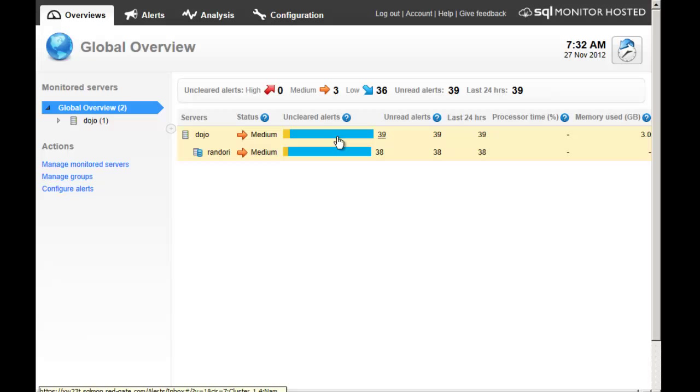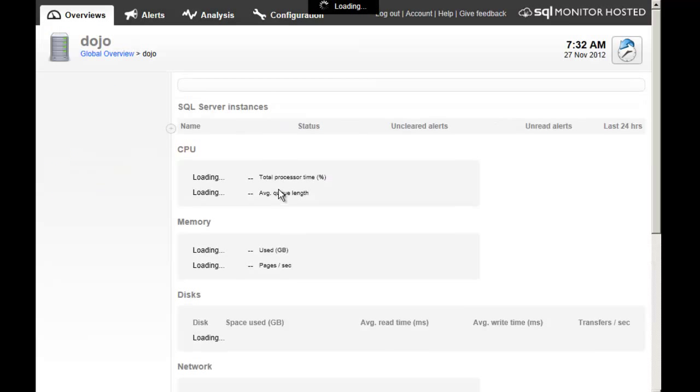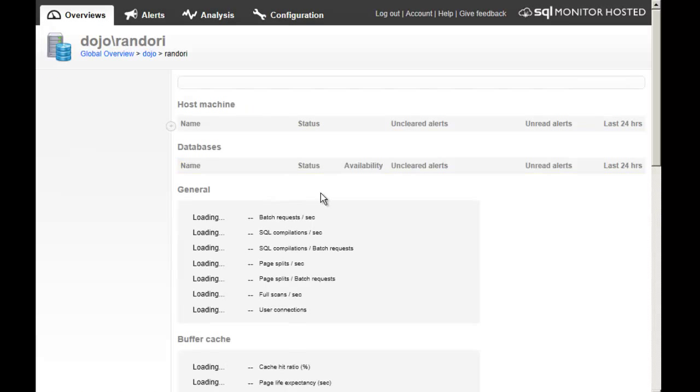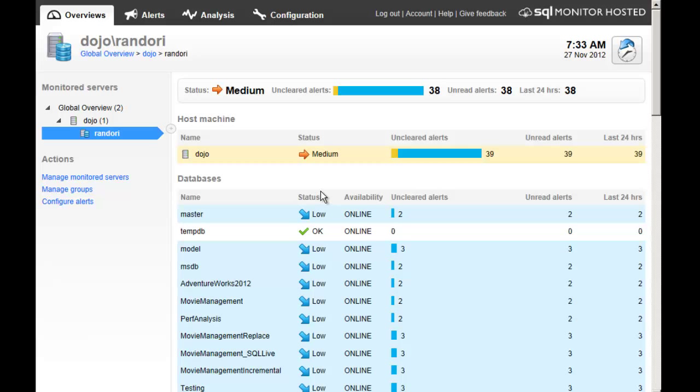And I can see the information. Now I've already got a series of alerts that have come in about the machine. I may need to make adjustments to those, or I may need to address them. I know for a fact that one of them is that a backup failed. So there's information there that I'm going to care about and want to see. And all of this stuff is all being gathered off my local machine, sent out to our hosted website, and then fed back through here. I didn't have to set up any kind of database. I didn't have to set up servers or anything else. What I've got is a hosted